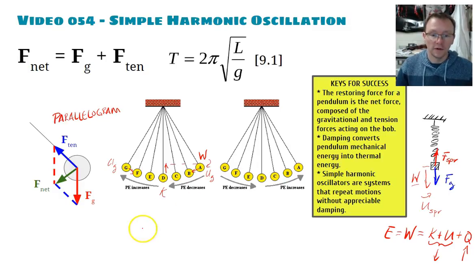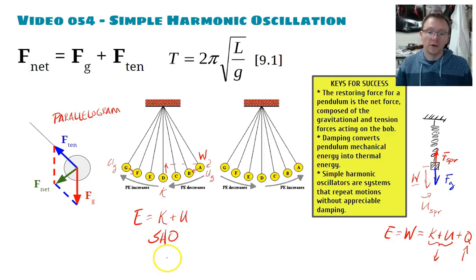If you have a system in which the total energy over a period of time is only split between the kinetic and potential energies, you have what we call a simple harmonic oscillator. So simple harmonic oscillators are objects that oscillate with the exact same motion or range of motion over a period of time. And they don't really lose